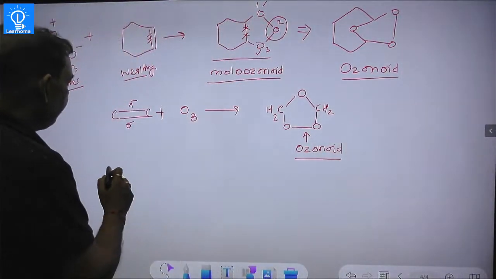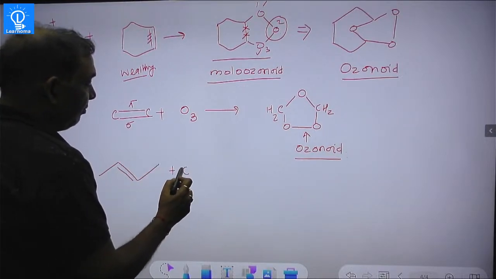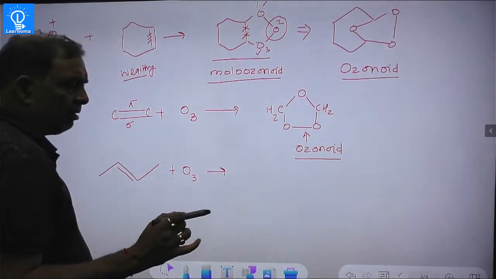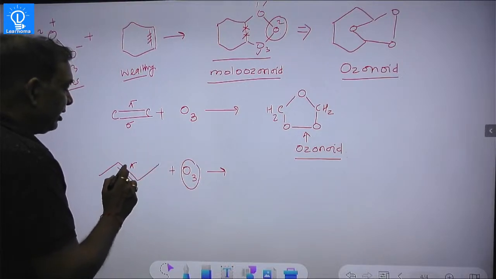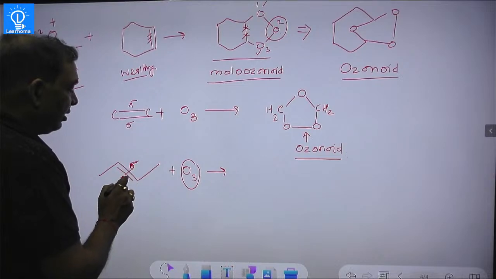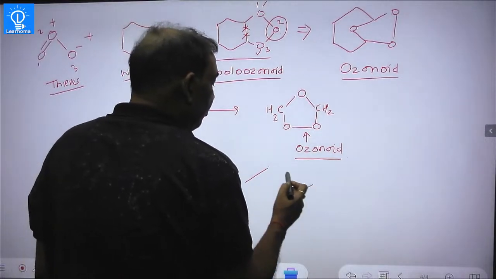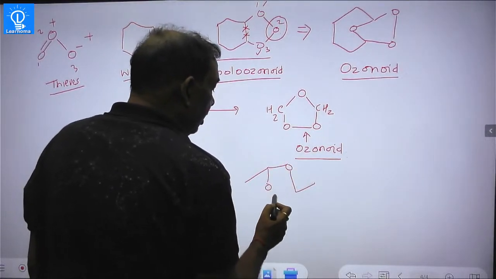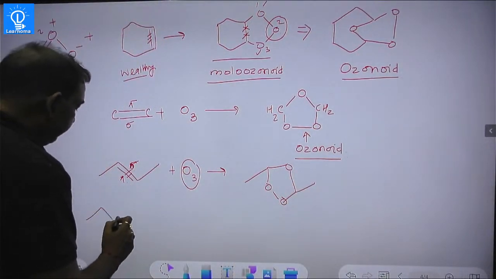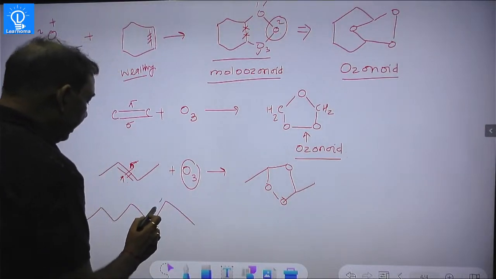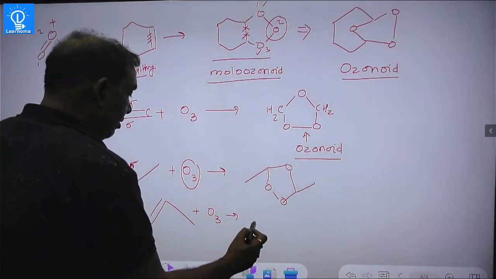In the same manner, suppose I have butadiene, butene, then what will happen? The idea is simple. The 3 thieves, 2 bonds, pi and sigma, they dissociate these bonds, pi first, sigma later on, and they will form ozonoid. In this way, 2 atoms on one side, 1 atom on other side. In the same way, if we have somewhat more complicated structure, then no matter. They will form in the same manner, 1, 2,